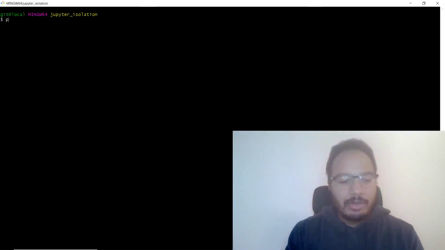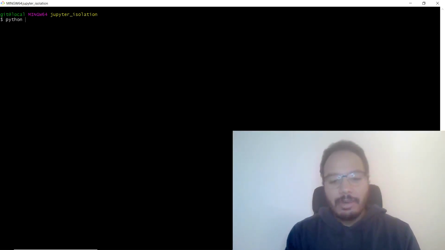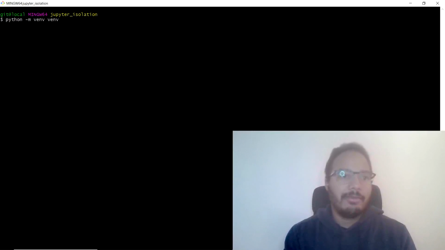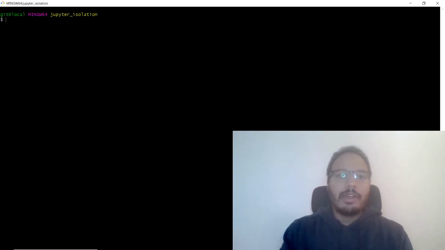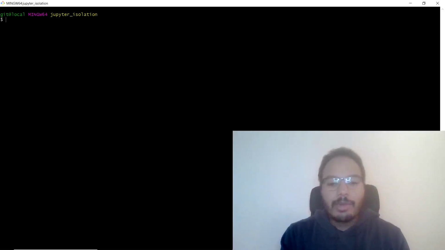So how do you do this? You can just use this command in your terminal. So just type python -m venv, and then just the name of the virtual environment. You can give it another name. It just takes a couple of seconds to set up. This created a new folder in your directory, and you can start the virtual environment by typing venv